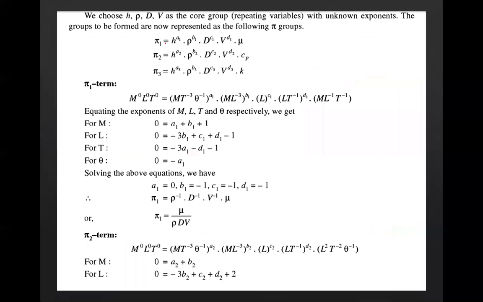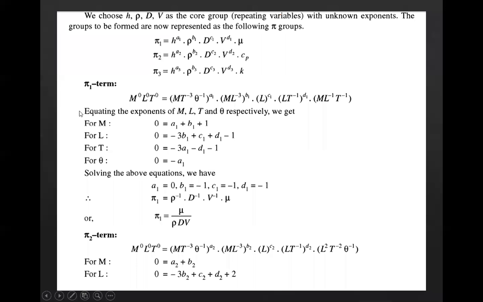So let us start. Pi 1 is equal to h raised to power a1, rho raised to power b1, d raised to power c1, V raised to power d1, and we add a new one, mu. Pi 2 is equal to h raised to power a2, rho raised to power b2, d raised to power c2, V raised to power d2, and Cp. Similarly, pi 3 is equal to h raised to power a3, rho raised to power b3, d raised to power c3, V raised to power d3, and K. Okay,